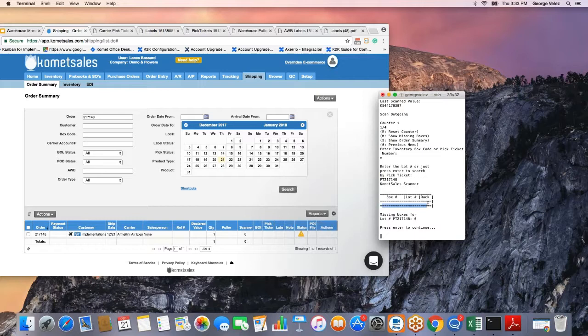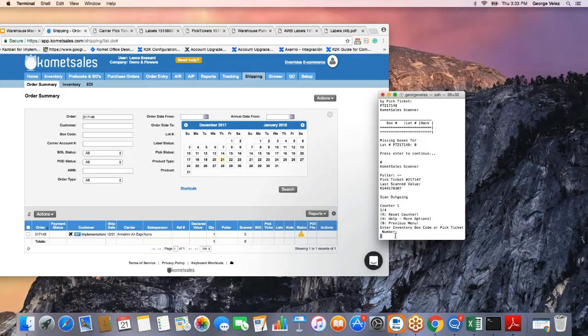But whenever you do have items with the location, the system will let you know exactly what's pending to be scanned. If anything is missing, you can also, like I was mentioning before, select